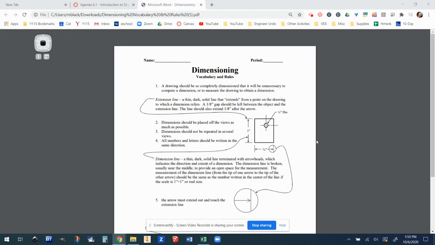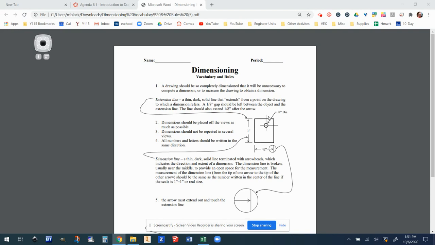All right, let's introduce ourselves to drafting. And basically, drafting is an interesting way of saying drawing in a technical way. In some cases you might be drawing a model. Sometimes you might be drawing a layout. You might be drawing a full blueprint, a building. It could be anything. That is drafting when we do it in a technical way that's able to be understood